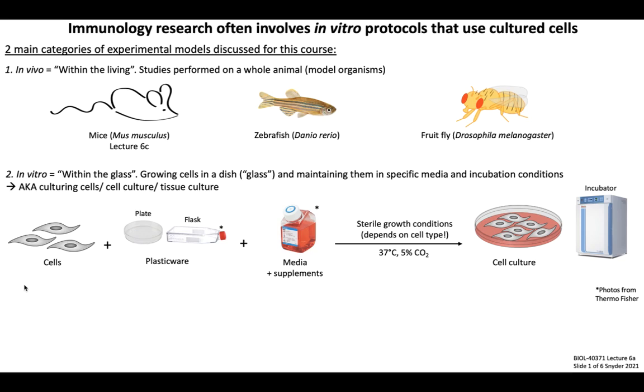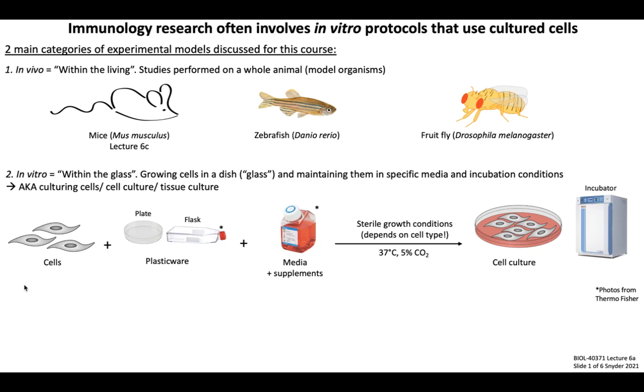The other main type of experiment is the focus of this current lecture, and we call these in vitro experiments. In vitro is Latin for within the glass and refers to experiments where cells are isolated from tissues and then grown in a plastic dish, and this is what glass refers to. In vitro is also alternatively referred to as cell culture or tissue culture, so we can use these terms kind of interchangeably. Here, rather than studying an entire animal, individual cells are plated onto sterile cell culture surfaces,